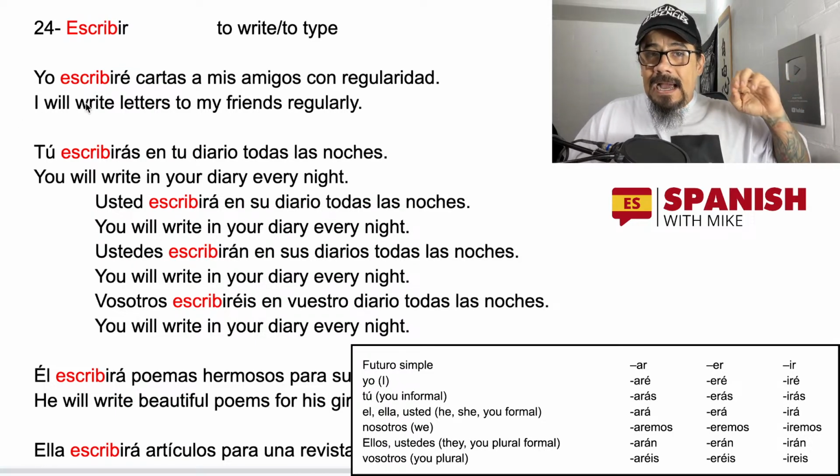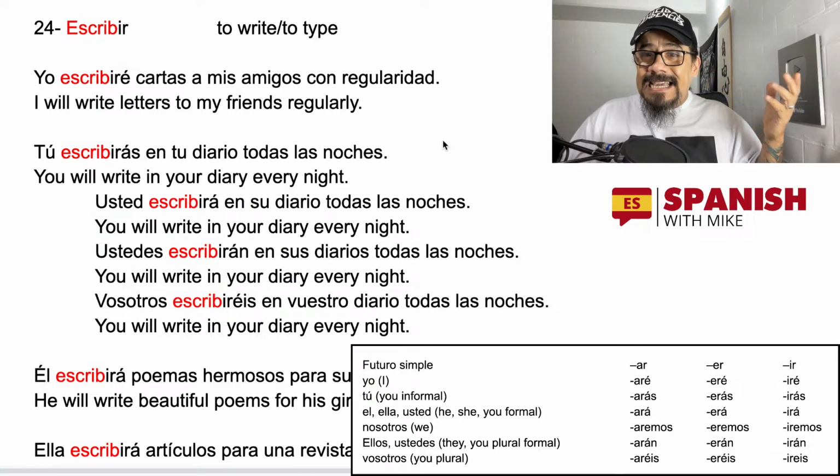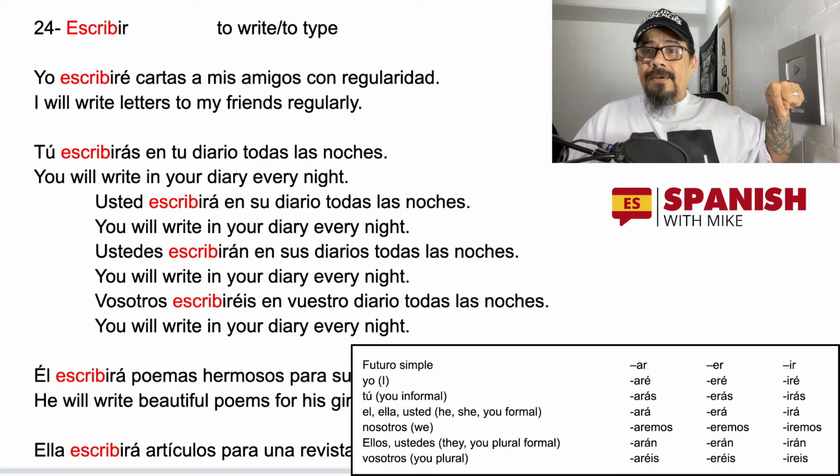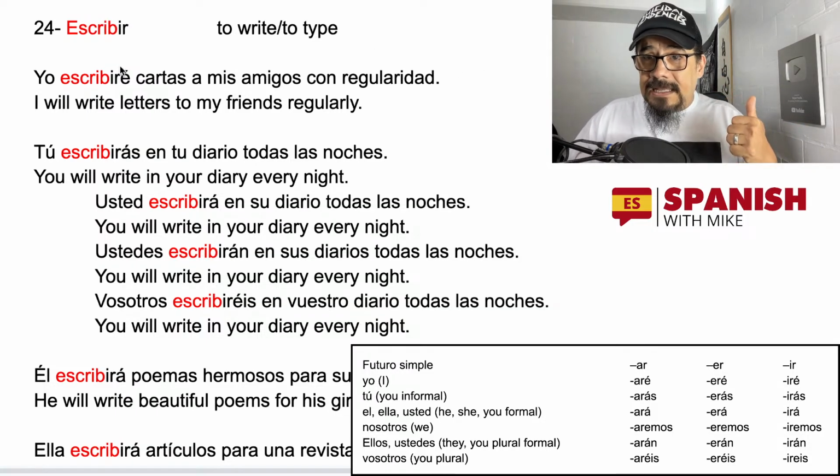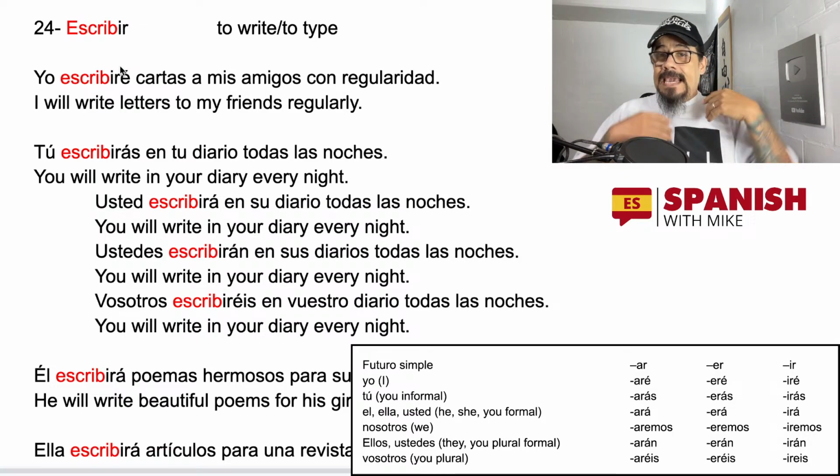In this case, I have escribir. The verb ends in ir, so we're going to use the third column in this table, way down, the third column, for the simple future. So escribir is to write or to type in Spanish,